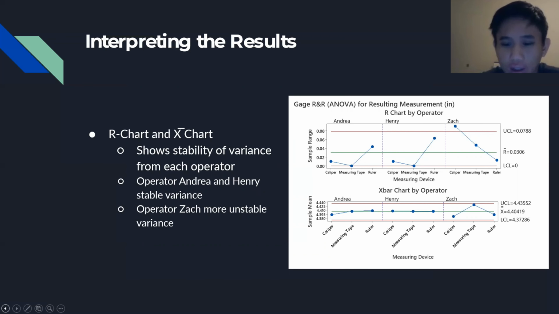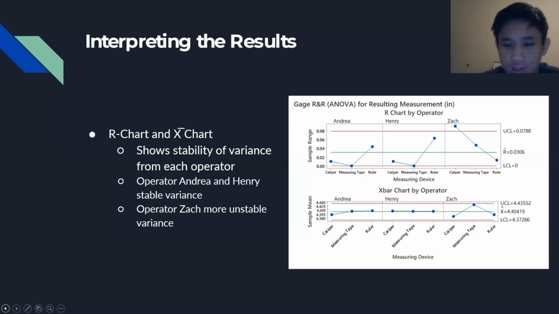Andrea and Henry had similar range values, and they were both within the control limits, which means that their measurements were stable and consistent, while Zach's range values were outside of the control limits, which means that he had more